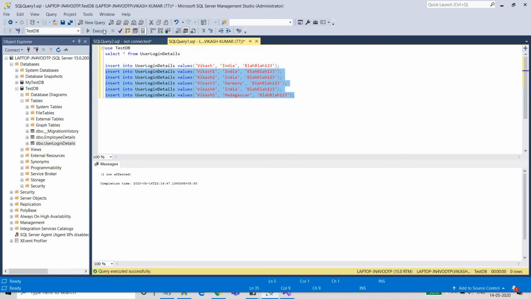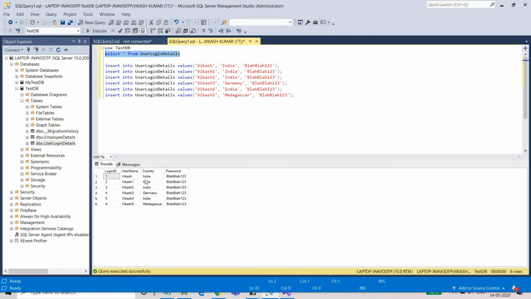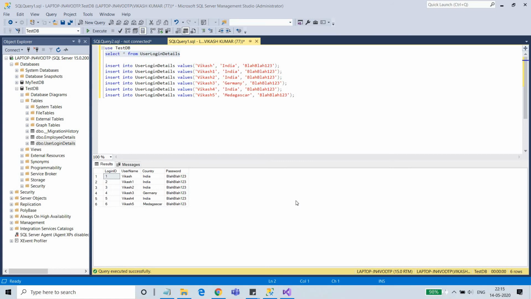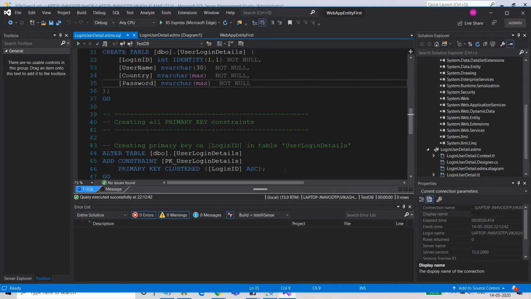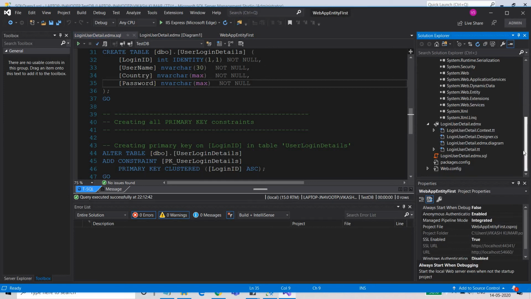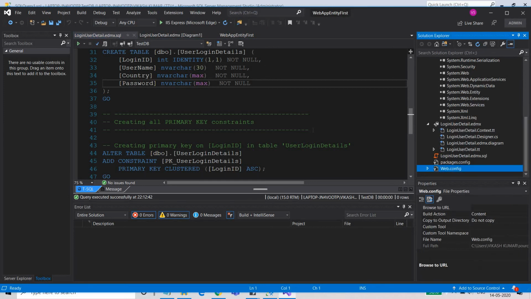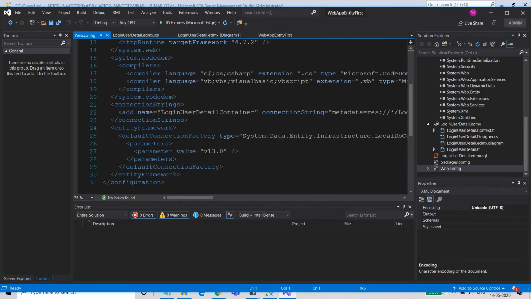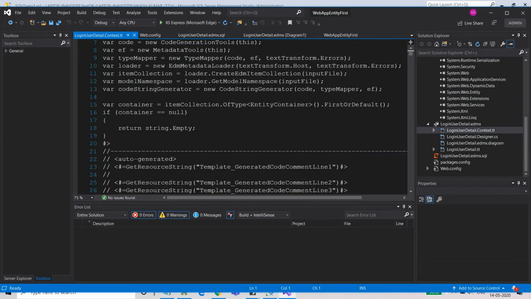So just add all these records, and now just run this query, and you will be able to see that there are a number of records available now. So now we will just go and display these records on my web page. Web.config will also be having the same values. You can see yesterday we discussed, this will be the unique connection string identifier. This is again here, and again these TT files, they will contain all the logic to fetch the data from behind, right? So you don't need to worry about from where the data and how the data will be fetched.